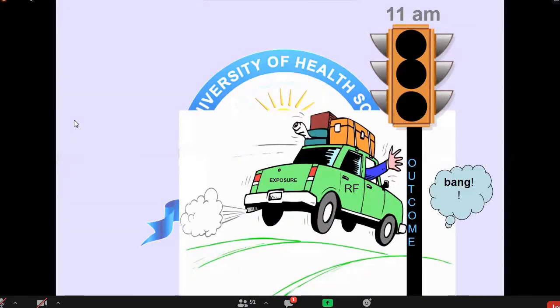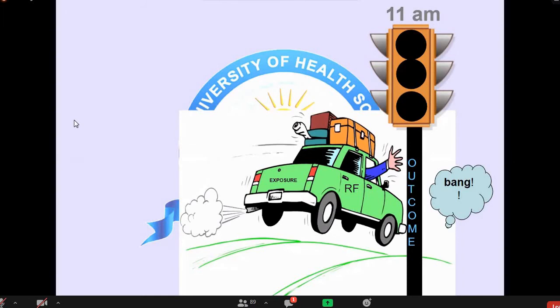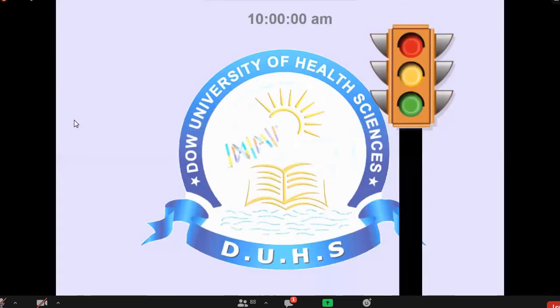So to answer the question that I posed earlier regarding whether a car hit the signal post or whether the signal post was already out of order: at 11 a.m. you can see the signal post is out of order and the car is just head on with the signal post. However, at 10 a.m. we can see the signal